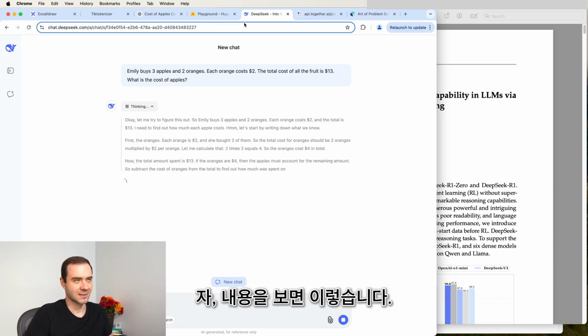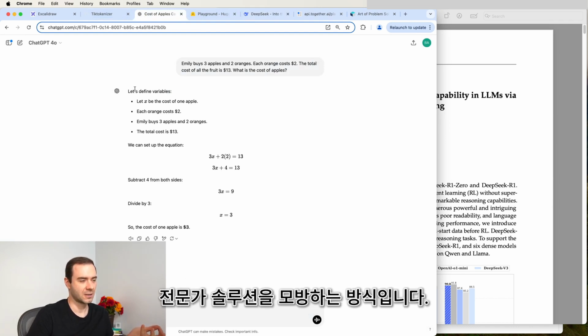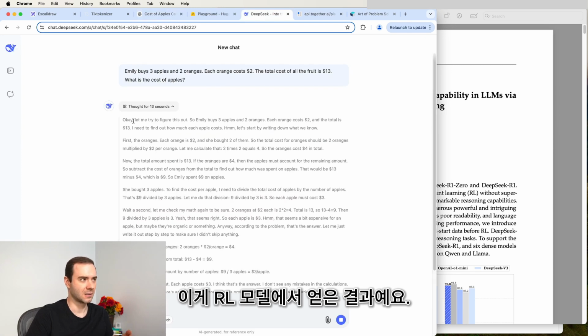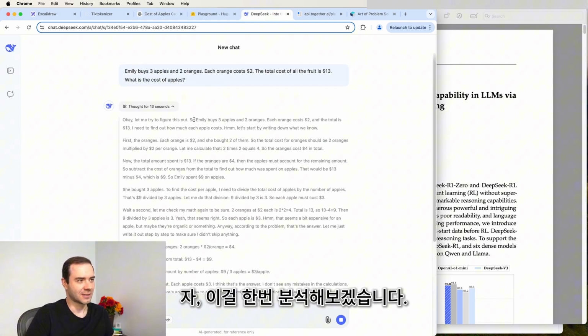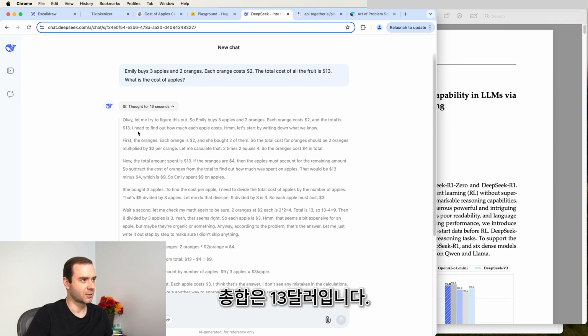Okay, so here's what it says. So this is previously what we get using what's an SFT approach, a supervised fine-tuning approach. This is like mimicking an expert solution. This is what we get from the RL model. "Okay, let me try to figure this out. So Emily buys 3 apples and 2 oranges. Each orange costs $2. Total is 13. I need to find out blah, blah, blah." So here,